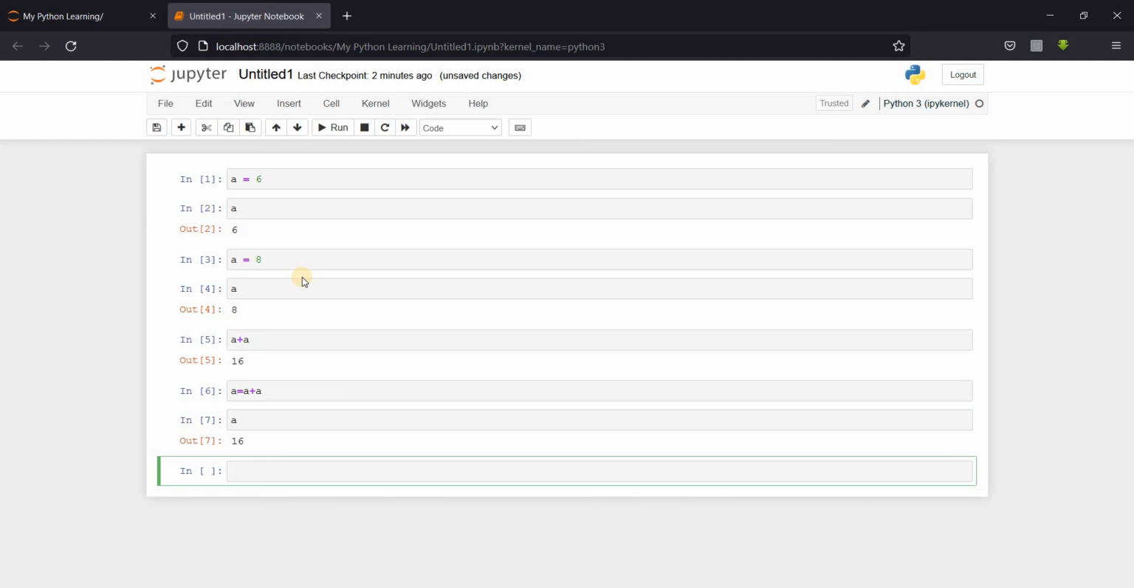Why? Because we had previously written A equals A plus A. So what Python is going to do is look for A before this definition. The value of A before this definition was 8, and then added by another A which was also